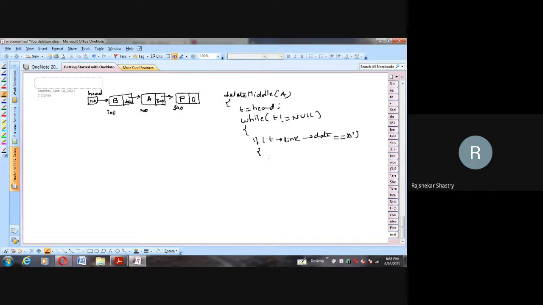If so, you are standing one node before. Say for example, this is my T, because in T I stored 100, which is the head node address. So T is pointing to B.